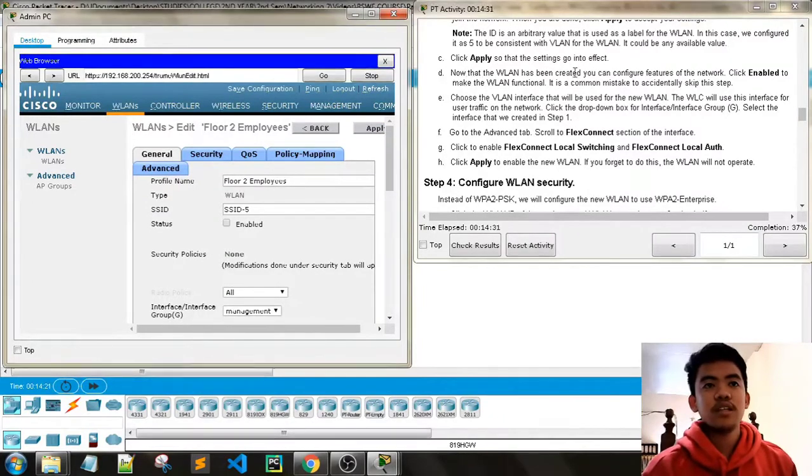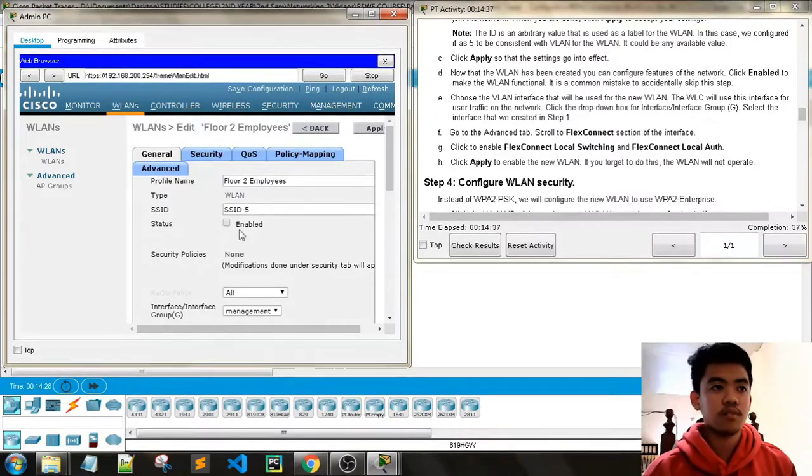Note that the WLAN has been created. You can configure features of the network. So click Enabled to make the WLAN functional here. It is a common mistake to accidentally skip this step. So we will just enable this and then